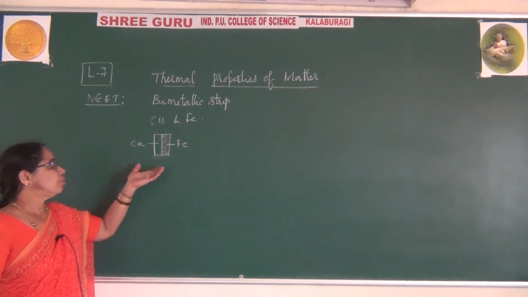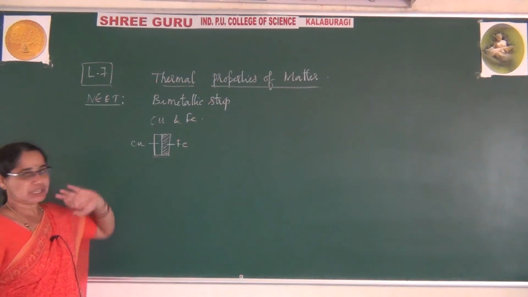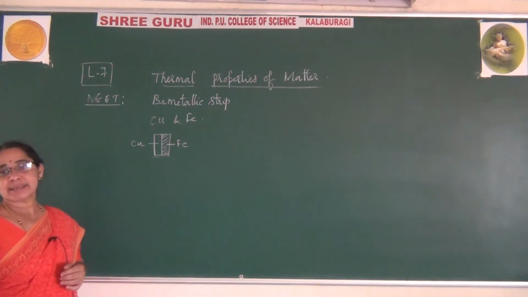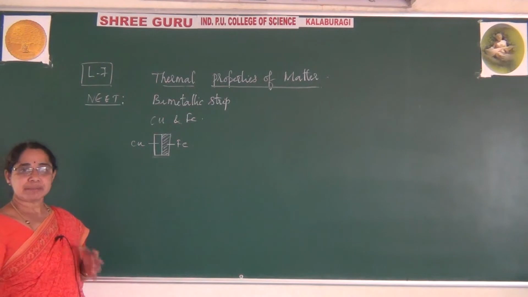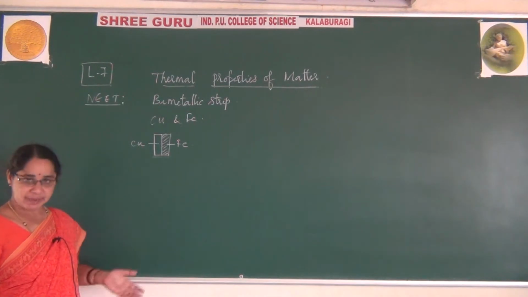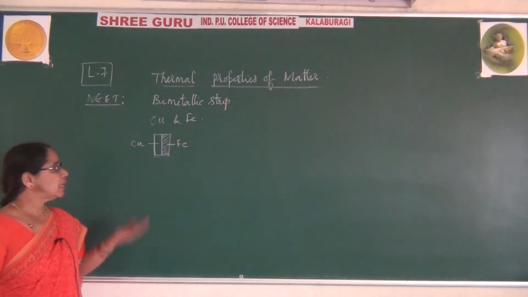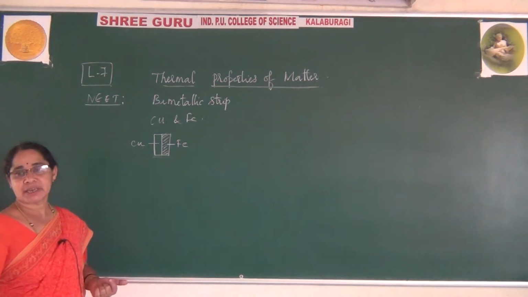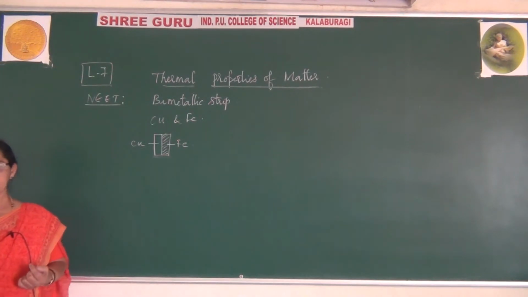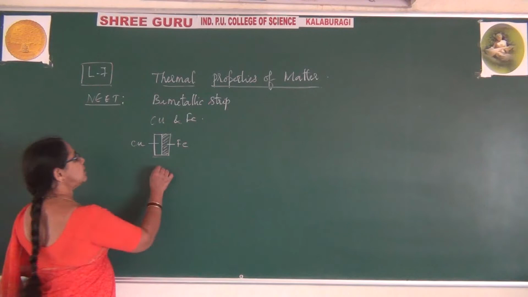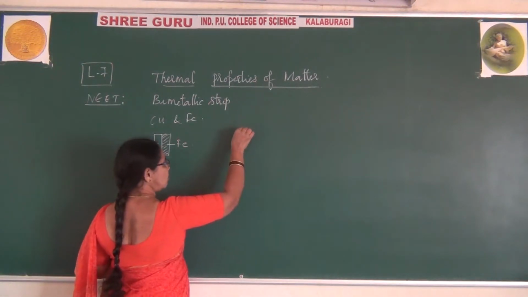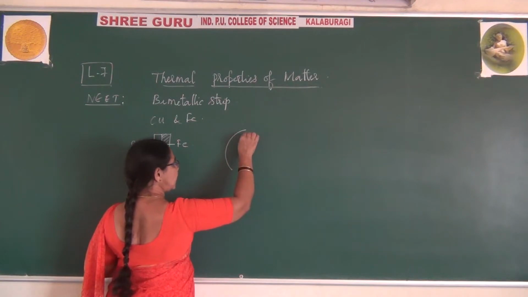So before expansion we have this position. As and when we heat, these metals expand. You are giving heat, due to which expansion takes place, and that is called thermal expansion. Whenever thermal expansion takes place, let me say the temperature for this is T. Now this metal after heating bends like this.